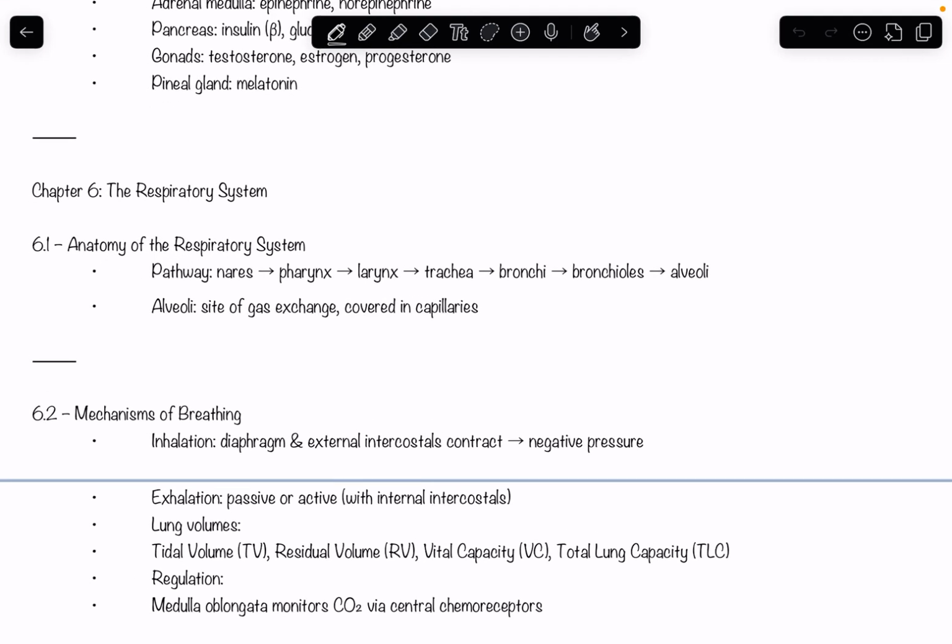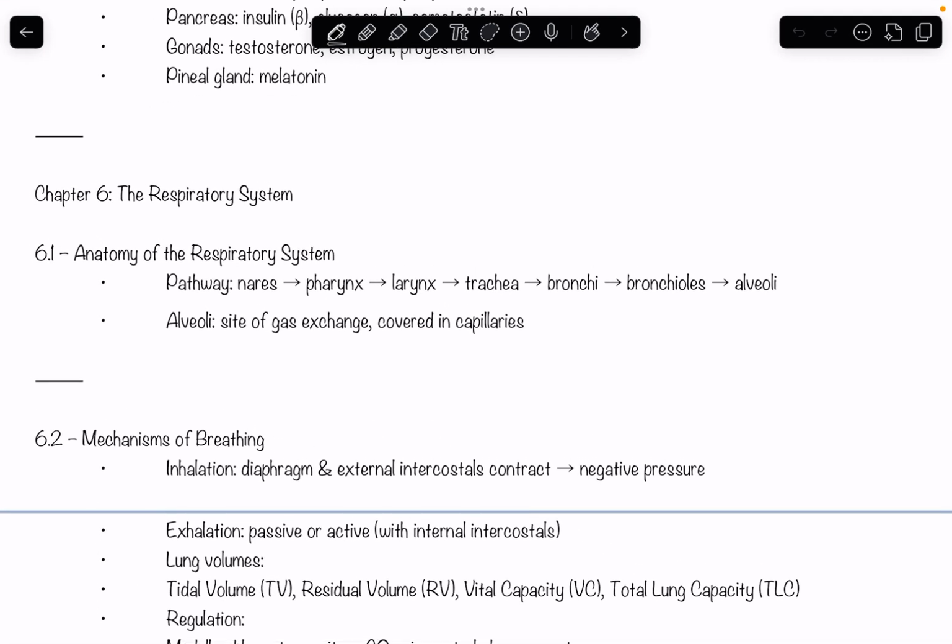Hey guys, today we're going to talk about the respiratory system. To start, we need to go over the anatomy, right? Just memorize this. It goes from your nares, then your pharynx, larynx, trachea, bronchi, bronchioles, and then alveoli. Your alveoli are the site of your gas exchange, and you need to